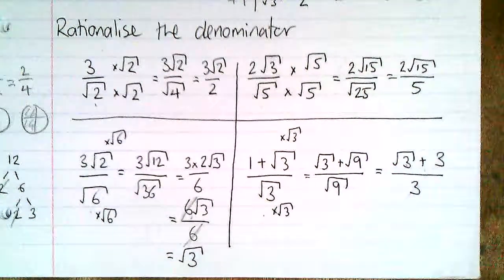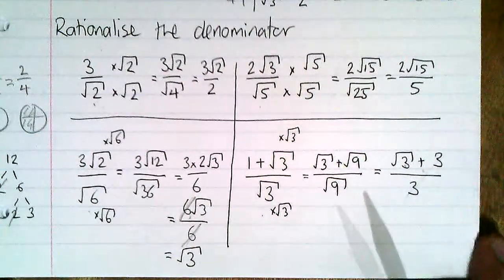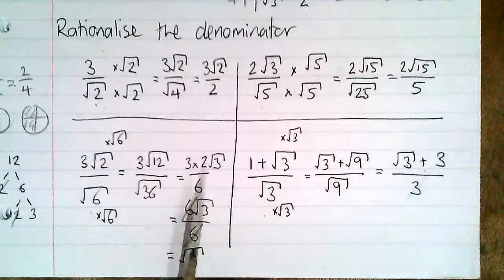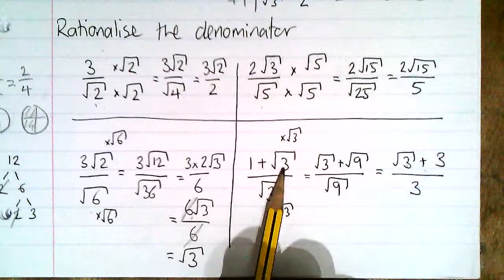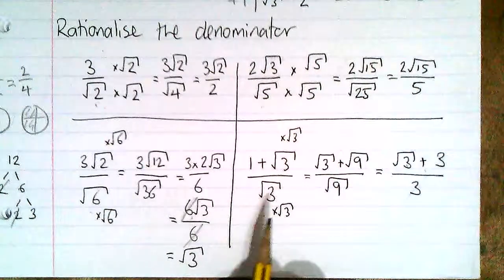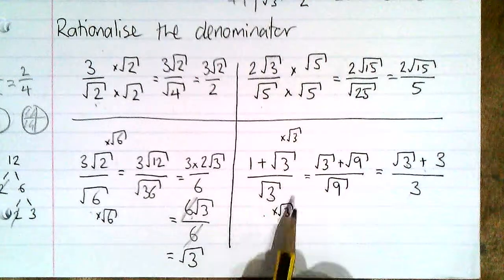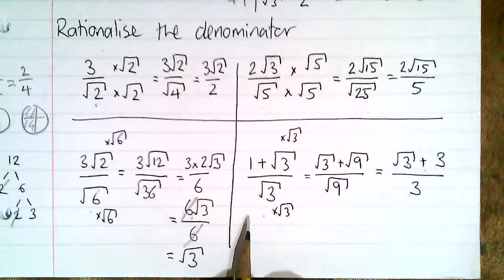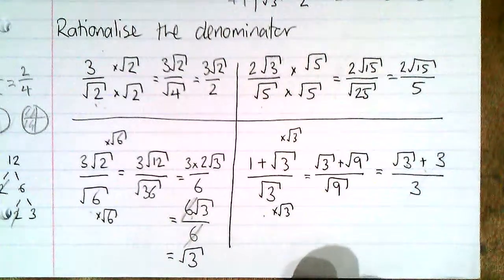Right, that's all for tonight. I'm going to do some more rationalizing the denominator in the next video, except the surds on the bottom won't be single surds. There'll be things like 1 plus √3 on the bottom, and we'll have a look at things like difference of two squares and how we can use difference of two squares to be able to simplify that. And that's going to be some of the most complicated stuff that you're going to be looking at with surds